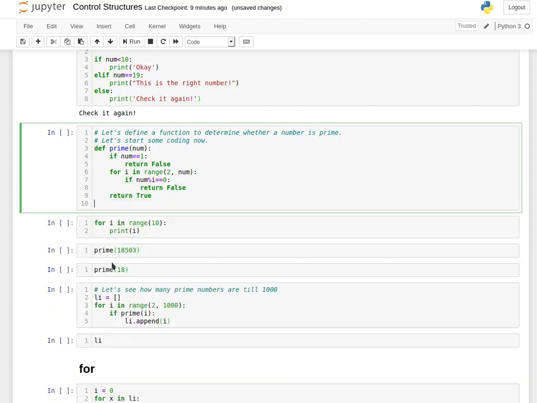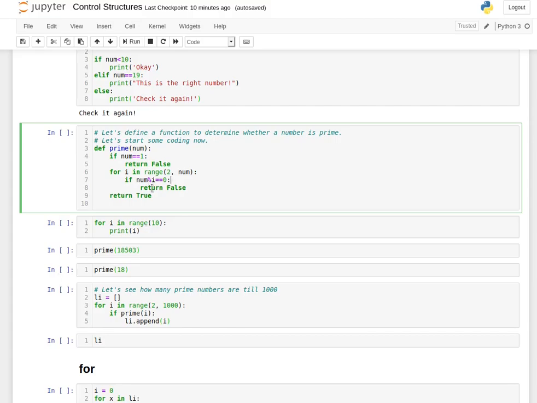So here I have created a for loop with the range of 2 to num, since a prime number would start from 2, right? So 2 to num to check if a number divides the number I have given in as a parameter.